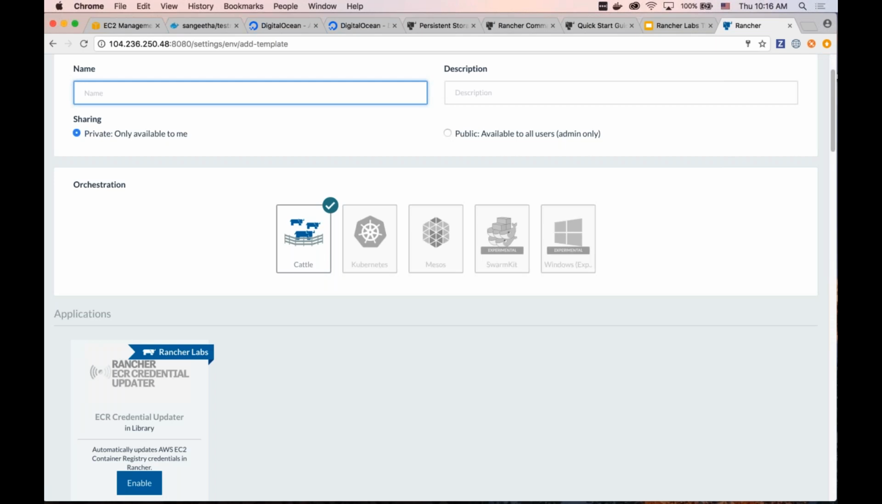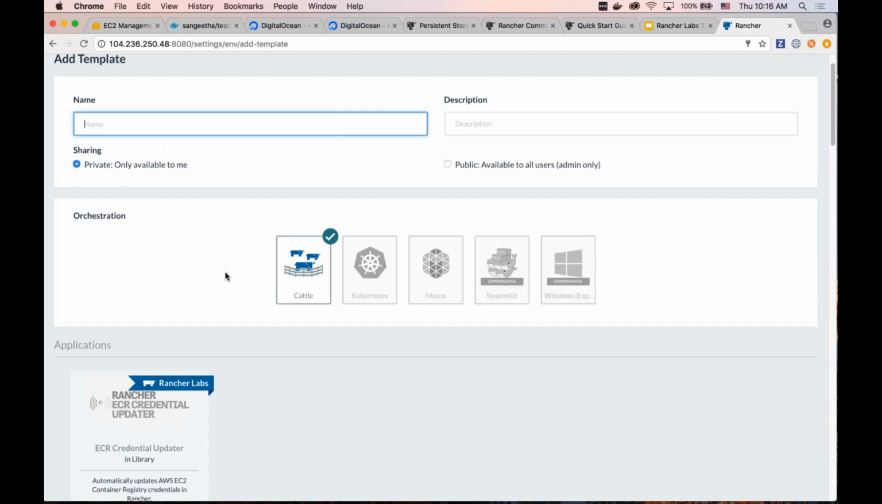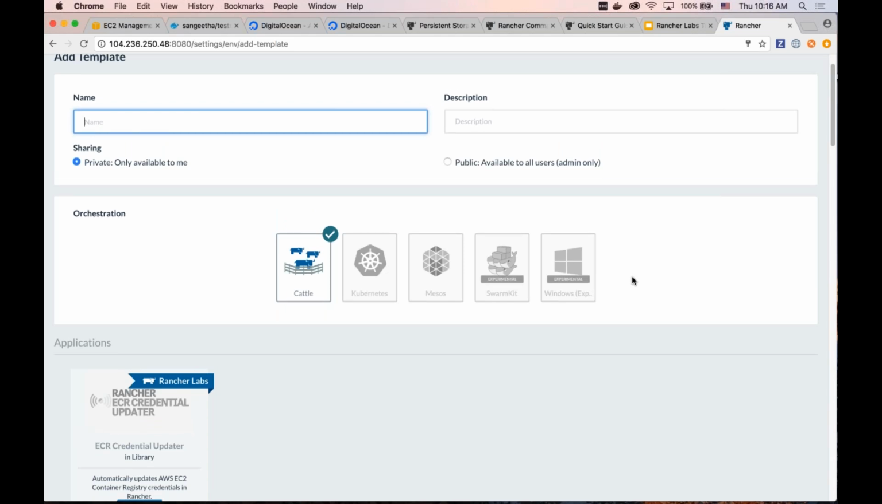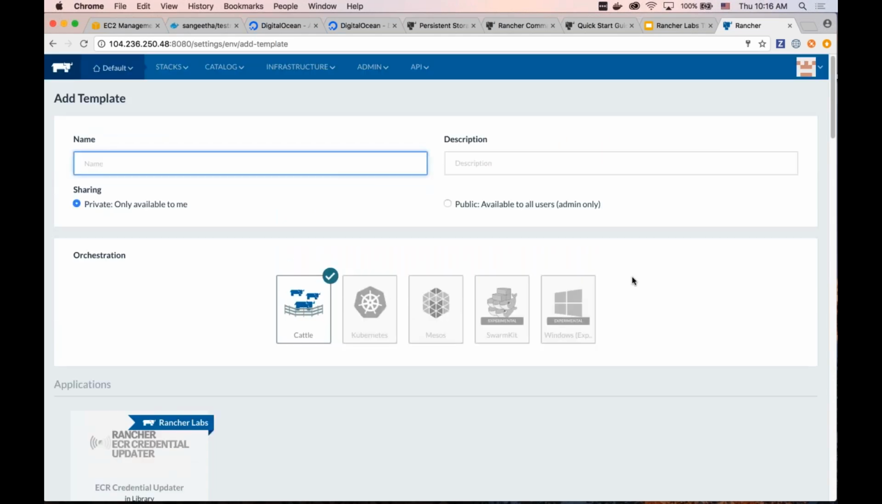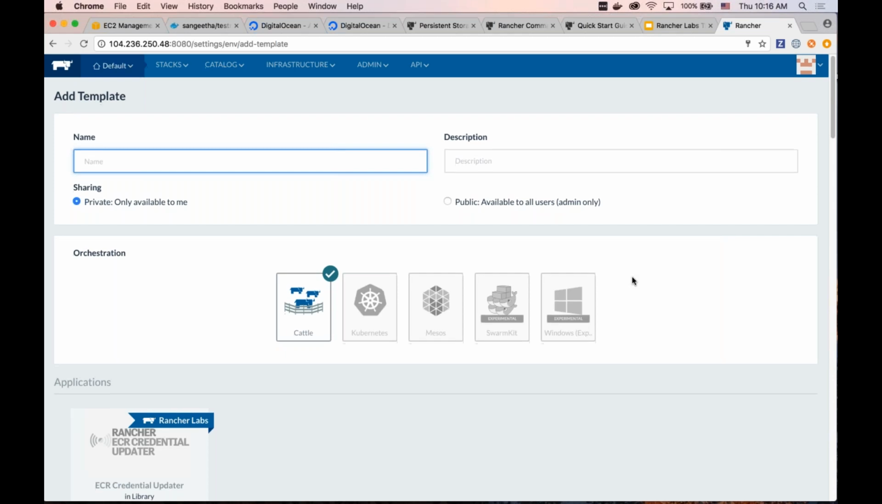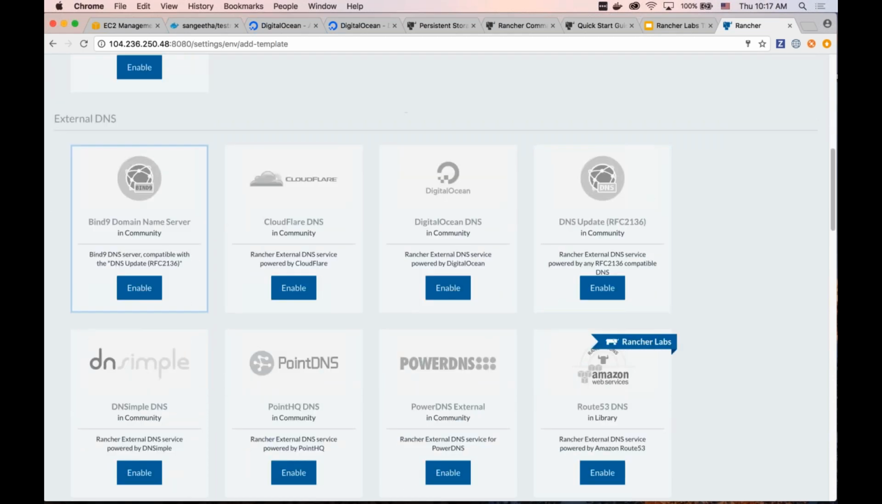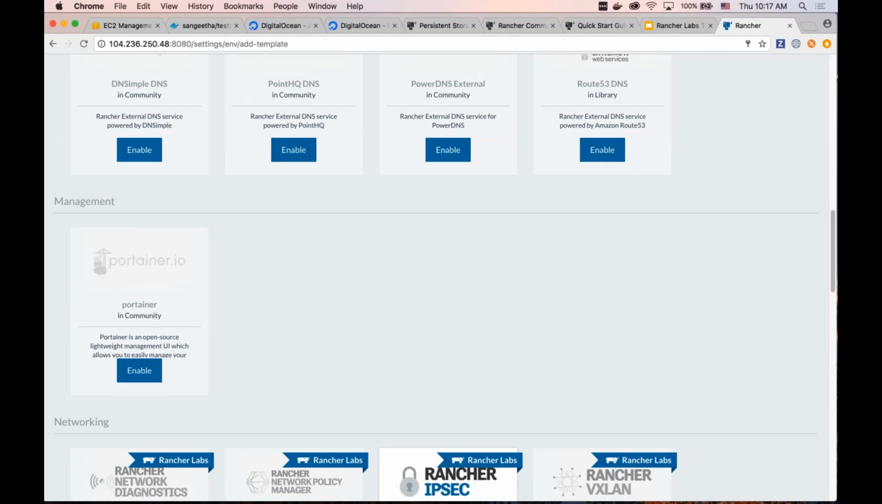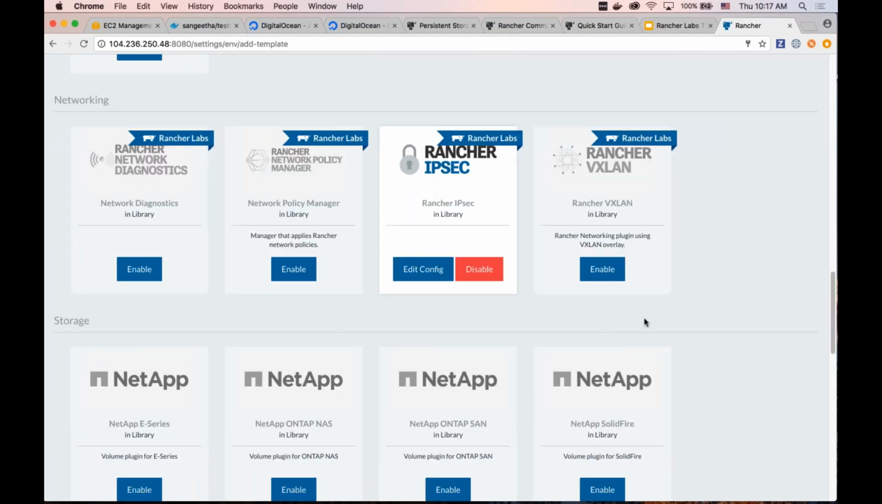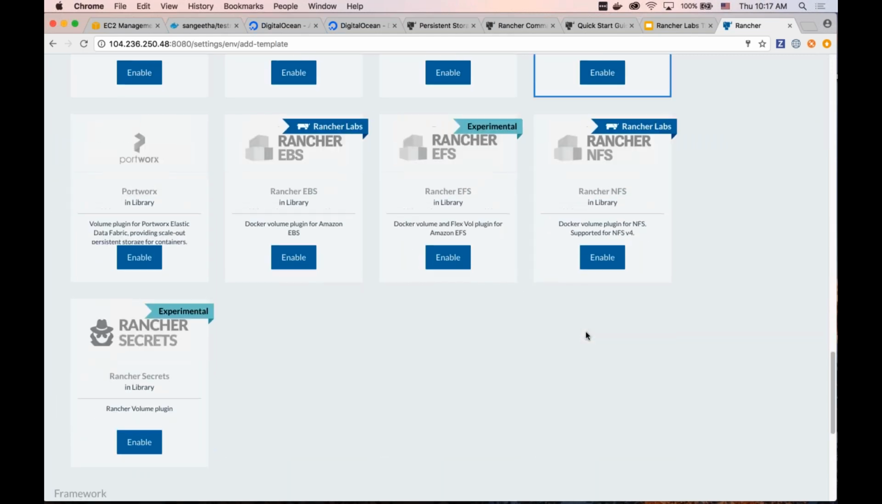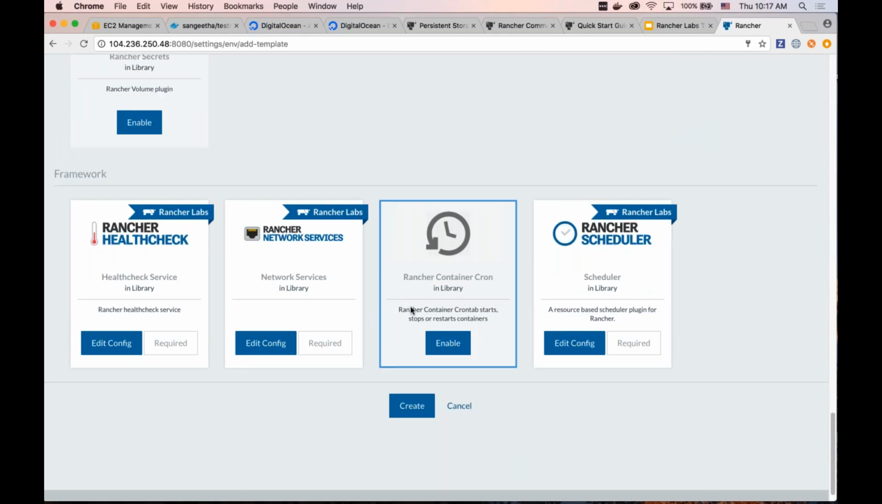So let me first explain what an environment template is. Environment templates define infrastructure services. For instance, you can see here we have different orchestration frameworks that we can launch within a new environment that we will be launching from this template. We have application infrastructure services, external DNS services, management services, networking services, storage services, framework, and all this sort of